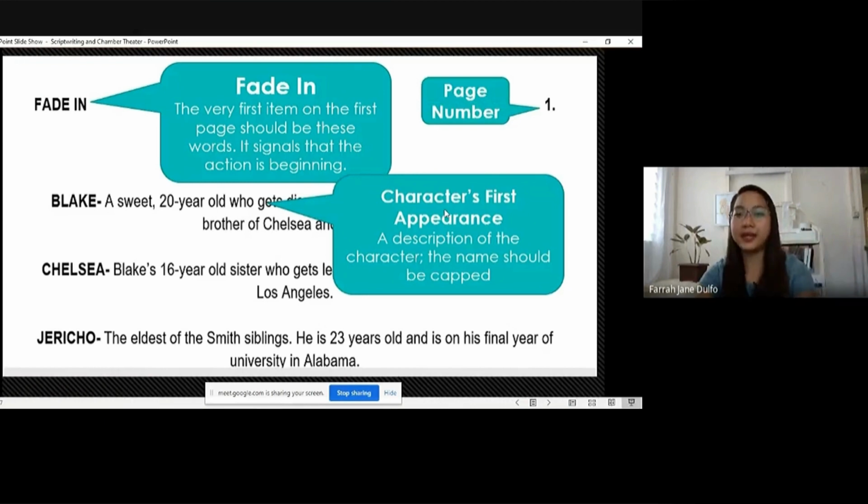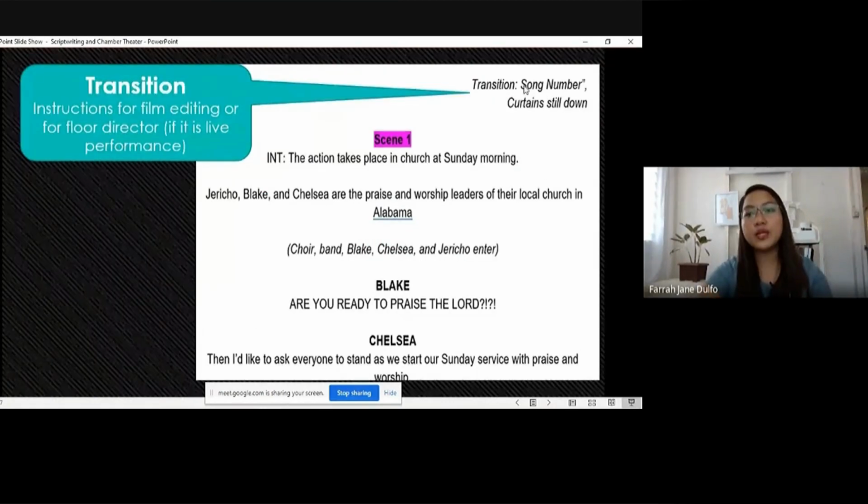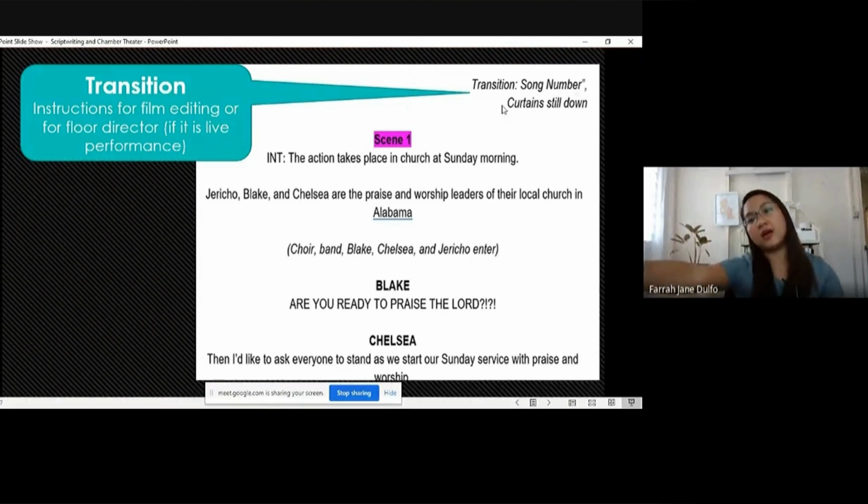Next, here is the page number. It should be at the top right corner of your page. Next is the transitions. Usually the transition is on the right part of the pages. It could be in the middle, at the top, or at the last part. It's usually for instructions.